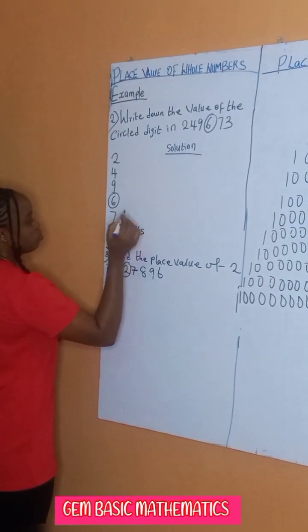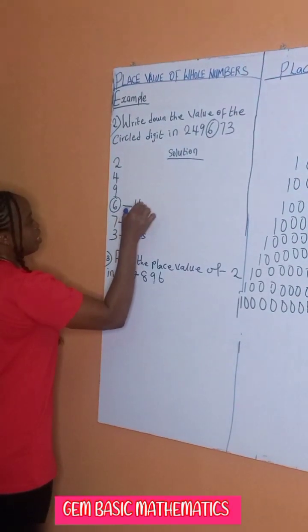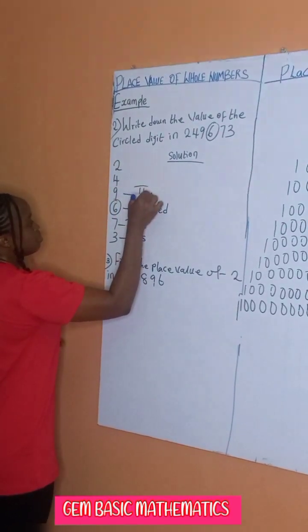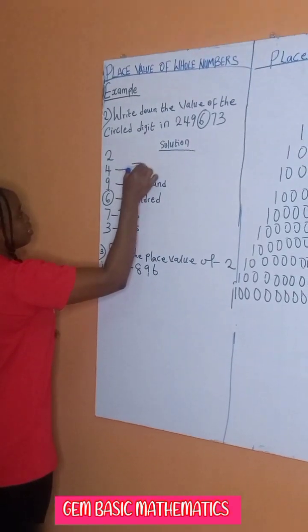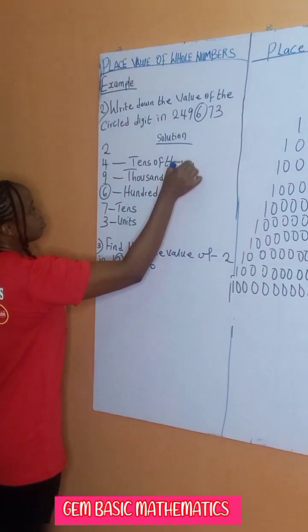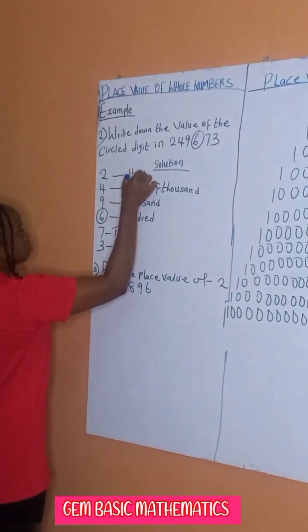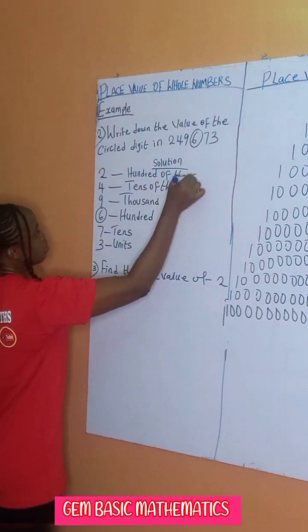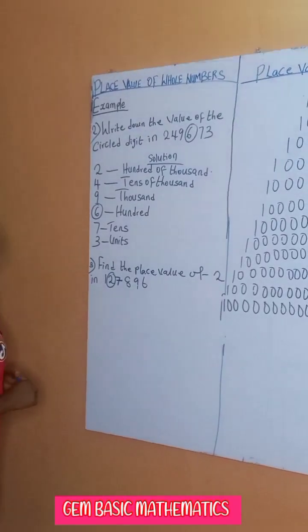Units. Sing with me. Tens, hundred, thousand, tens of thousand, hundred of thousand, hundred of thousand. Okay, but remember we're only asked to find the value of